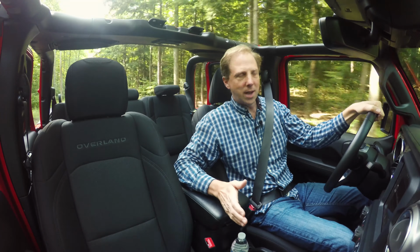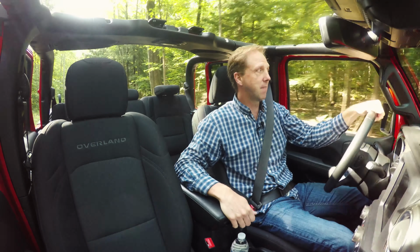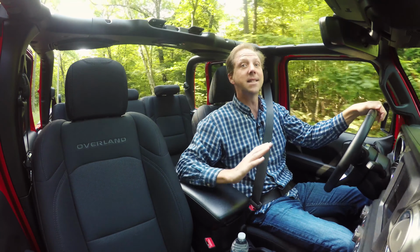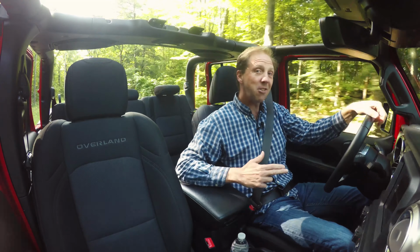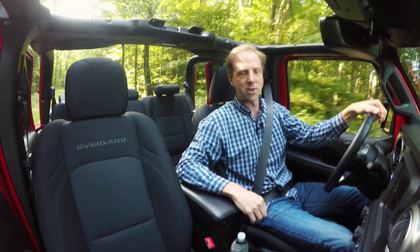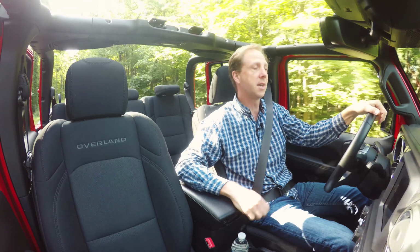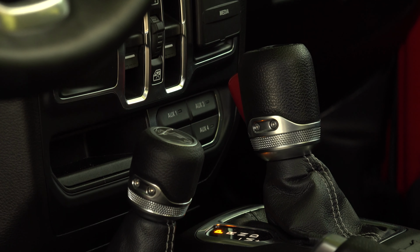Even on these highway tires, the Gladiator feels remarkably capable on the trail. And with the roof off, you get that closer to nature experience. On-road, the ride quality is definitely softer and more refined than the Wranglers, though the steering gets a complete 0 for feel. You have to make constant little corrections to it. And hey, on this non-Rubicon model, why not include an auto mode for the 4-wheel drive settings, in addition to the locked ones? This Overland model has been loaded with options totaling